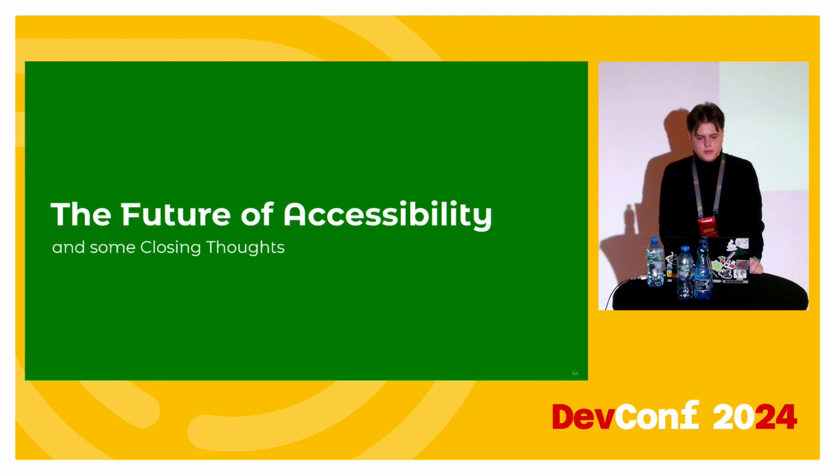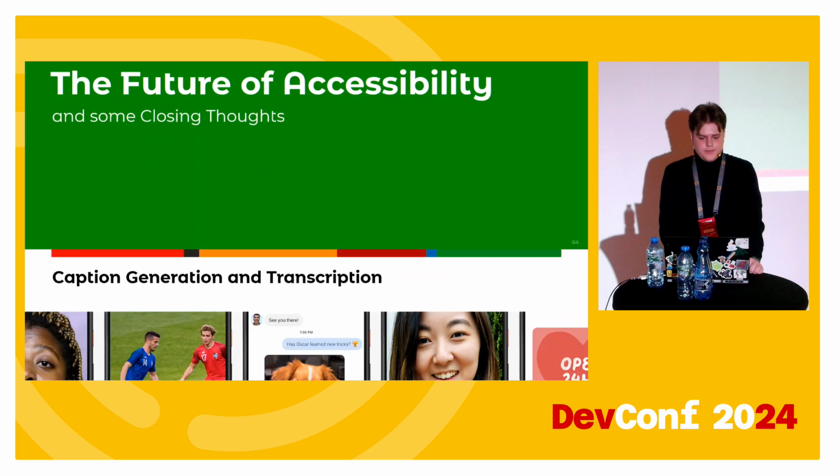As we look towards the future, artificial intelligence is set to play a transformative role in making mobile apps and digital platforms in general more accessible to users with disabilities. AI is being used to bridge gaps that were once difficult to address through traditional design and development methods, bringing intelligent, adaptive solutions that enhance user experience in a way never before. So how exactly can AI improve accessibility? Let's explore some of the key areas where AI is already making a difference.